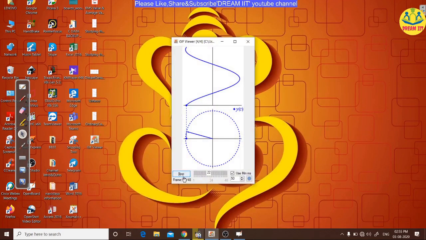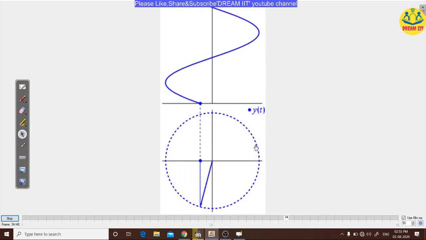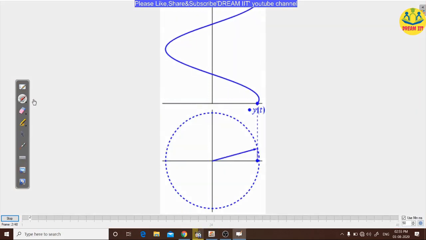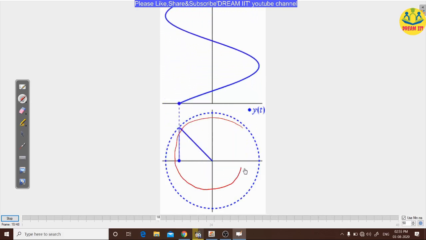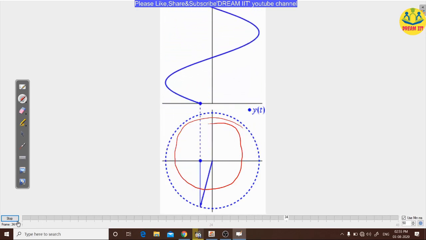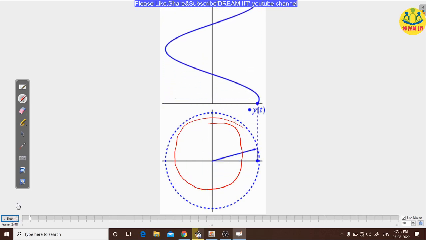See here, this is continuously rotating, is it right? Are you able to see? So this is continuously rotating here. This vector is continuously rotating. If you take the position, I will stop at one point. Okay, so if you take the position,